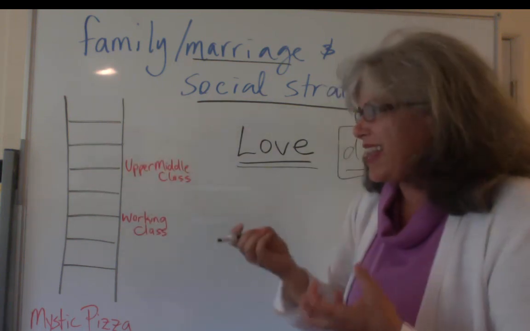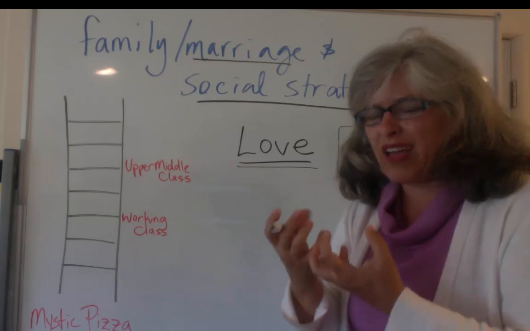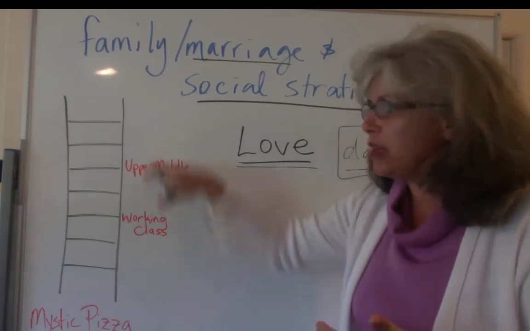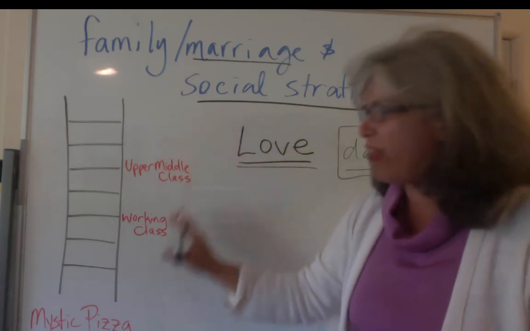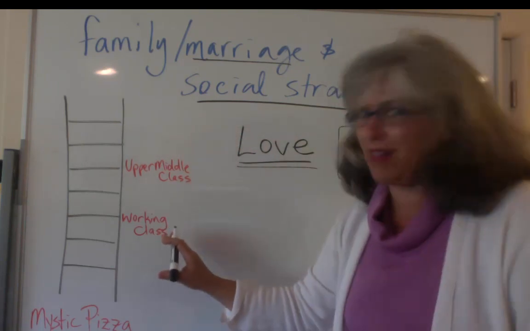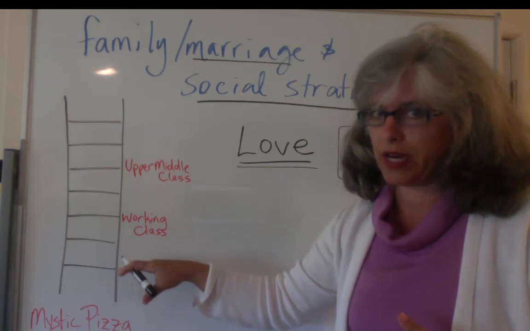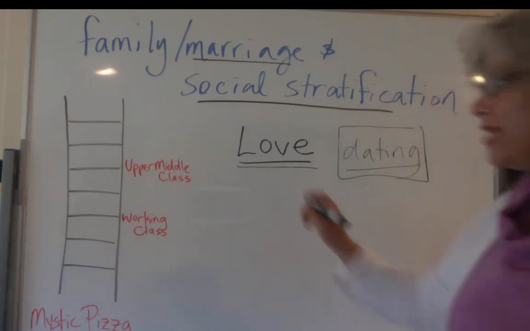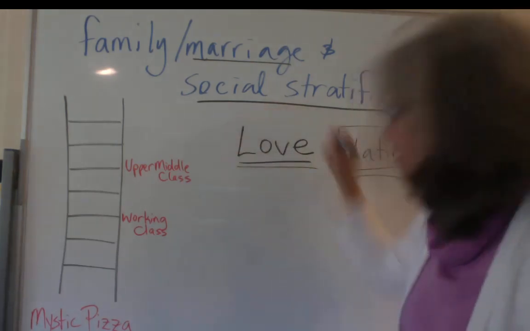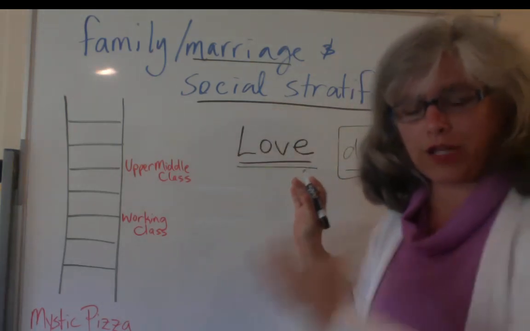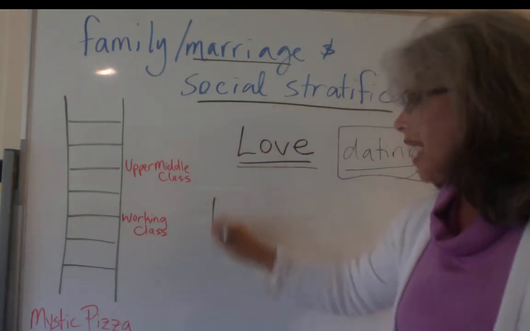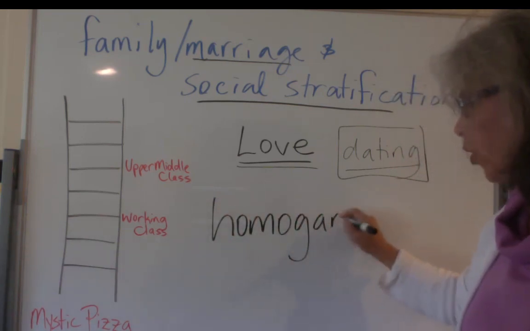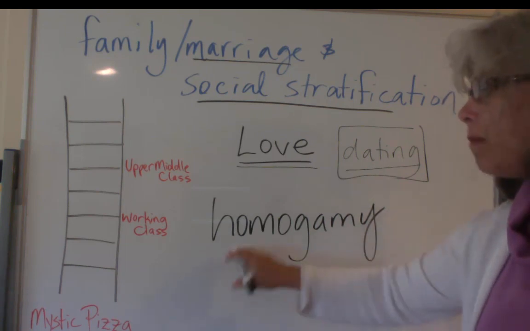We didn't like thinking that inheriting wealth gave you a cushion so that you could probably stay in your life chances that were up here rather than have to endure some of the lacking life chances that were down here. We didn't like any of that. But in the United States, we love this idea of love and being able to select our own marriage partners. And that is a practice that in your textbook, there's a vocabulary word, and the vocabulary word is homogamy.